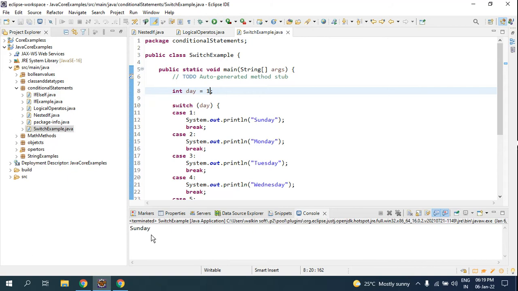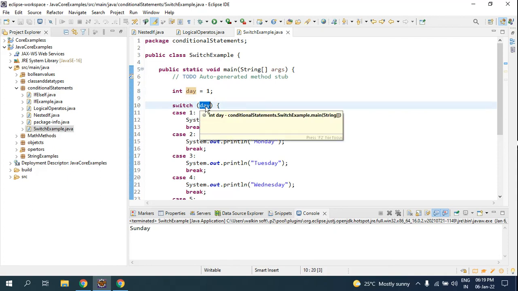Now you have to go through this like that. Switch day. Here you are giving your value, whatever you want to enter. Suppose you have 100 cases, out of that 100, one particular case you want to pull out, that has been assigned to this variable, and you have passed this variable inside the switch. So this variable carries a value from 1 to 100, and you have 100 cases. Whatever value is assigned to this variable inside the switch will be able to pull out that particular case number.